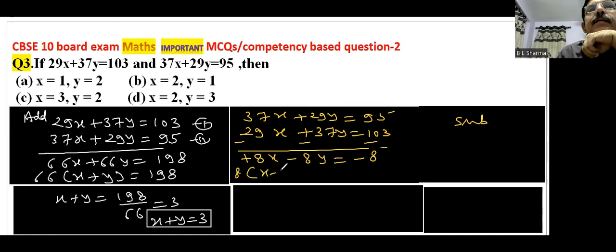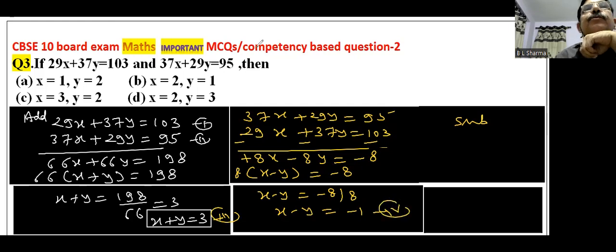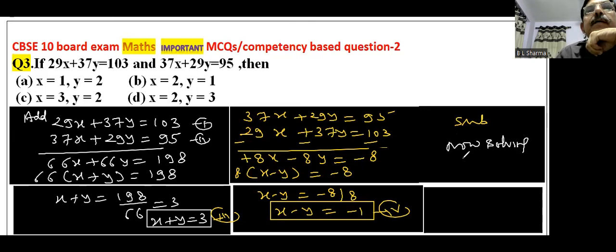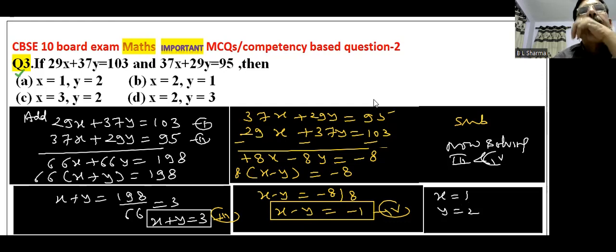Taking 8 common, that is x minus y, that is minus 8। So x minus y is minus 8 upon 8। So x minus y is equal to minus 1। इस इक्वेशन को थर्ड मान लीजिए और दिस इक्वेशन इज फोर्थ। Now further simplification of now solving third and fourth। Equation number 3 and 4th, we have x is equal to 1 and y is equal to 2। इन दोनों को सोल्व करिए, दोनों को ऐड करिए। x plus y is equal to 3, x minus y is equal to minus 1। इन दोनों को जैसा सोल्व करेंगे, दोनों को ऐड करेंगे तो x is equal to 1 and y is equal to 2। So therefore A is the correct option।